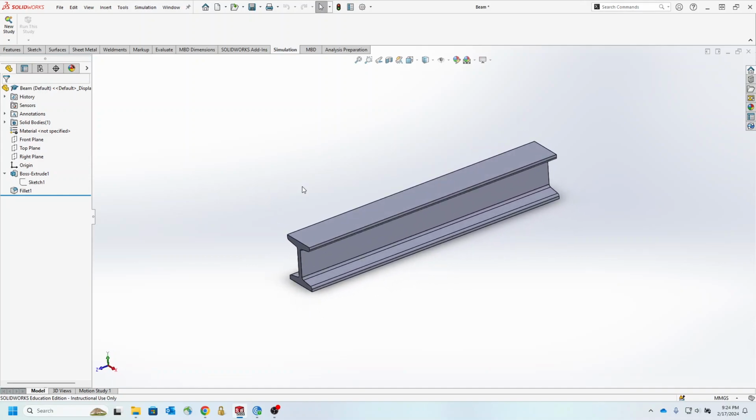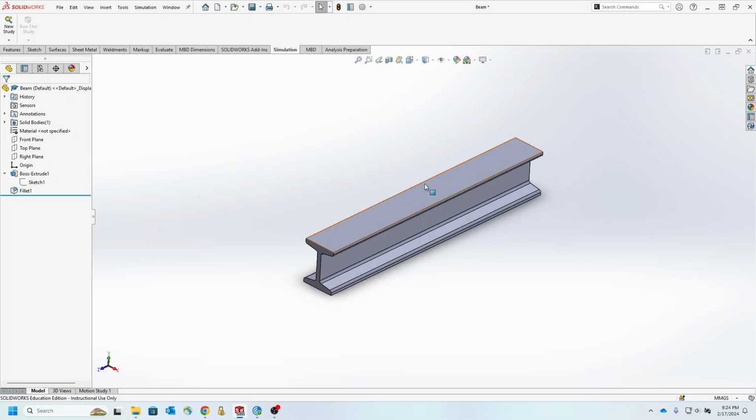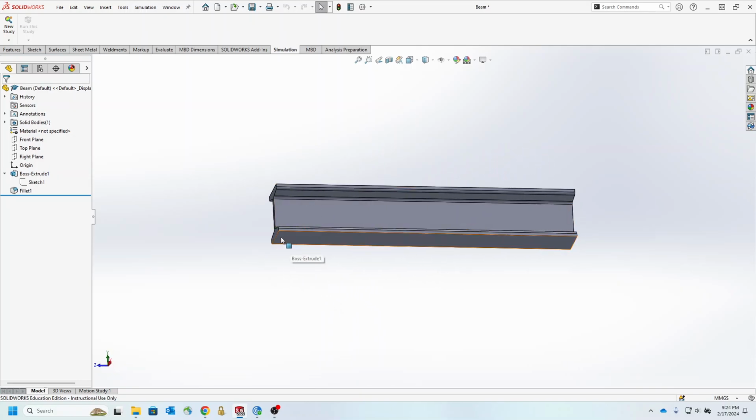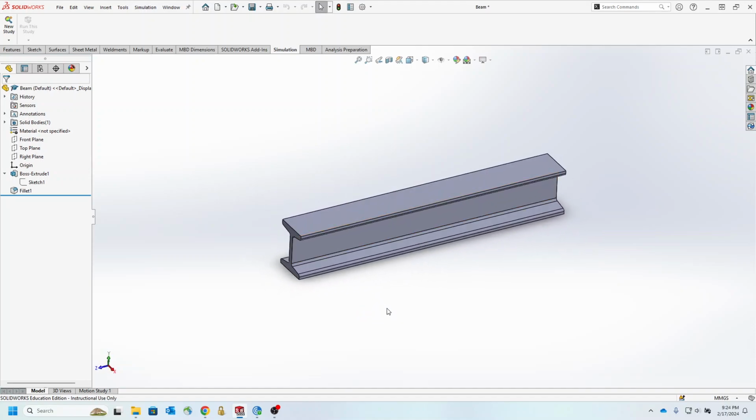Before doing that, we are going to specify some areas. According to what I explained, we need to define an area where the force is going to apply, and then the area where the beam at either end is going to be fixed. And what we have learned so far is that when we are defining a load or a fixture during the static analysis, we have to give SolidWorks a face as an area of application of the force or the area of the fixture. Therefore, we have to define those faces. It's better to define those faces before we jump into the